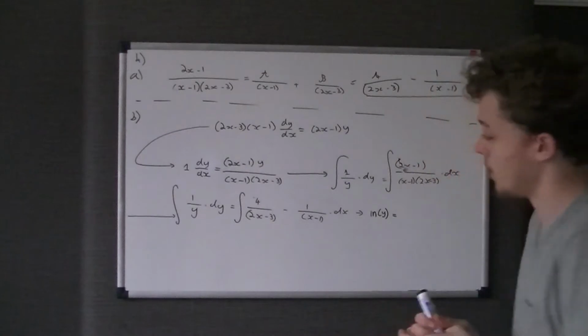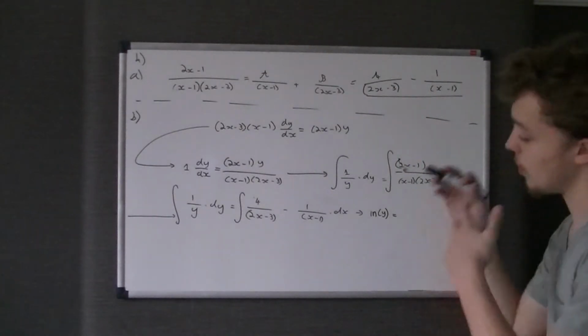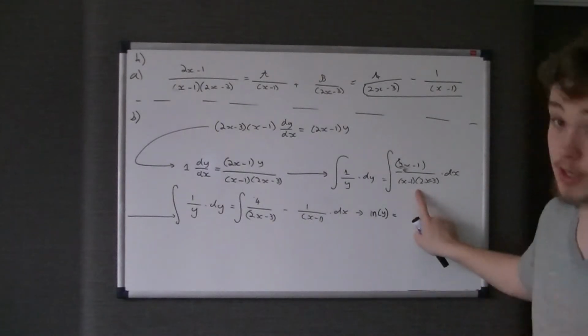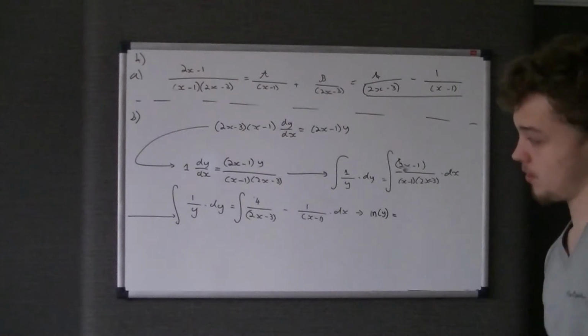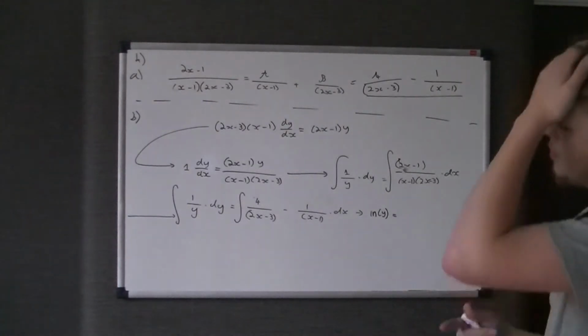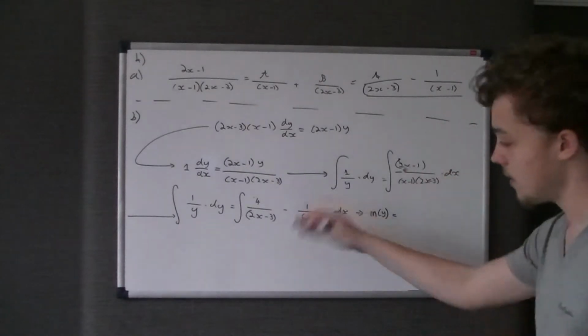That's equal. So the reason we split this up is because we can't integrate that straight away. That'd be insane. I don't know what you would do with that, apart from this, you'd split it into partial fractions. And the reason we've done that is to help us, because the only way we can integrate these now is